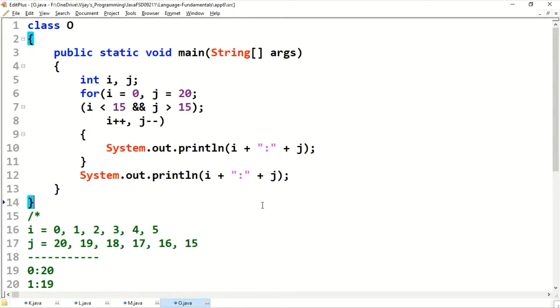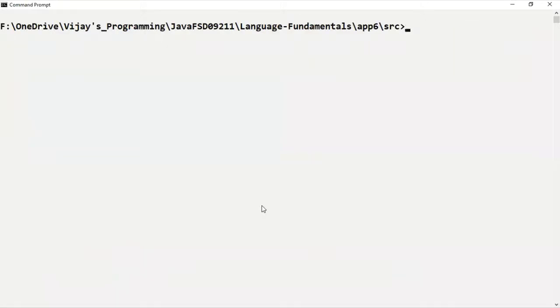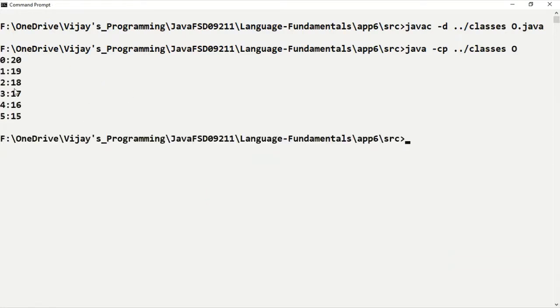Let's compile and run this one. We get this much output.